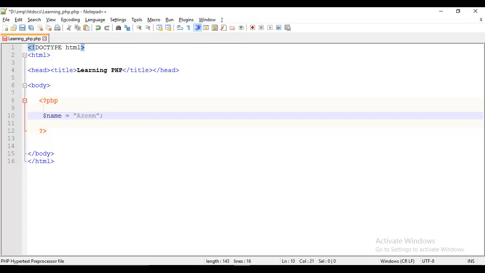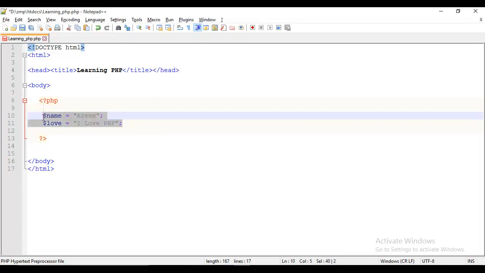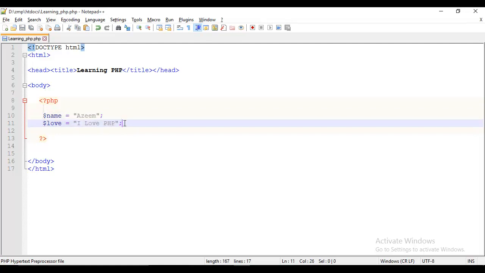Now I will duplicate this line and make another variable, $love, and assign it the value I love PHP. So I have assigned the value I love PHP to the variable $love.